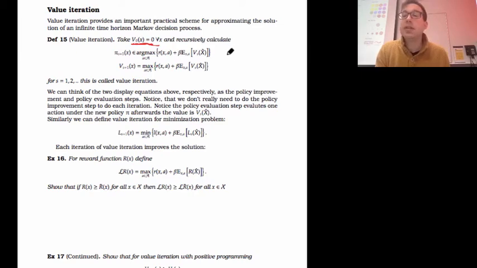So that's my policy improvement step. And then we need to evaluate the policy. We just say that the new value of the policy is the maximum value of the argument that I maximized here. So V_{s+1}, at the next iteration, I just take the value to be the maximum reward plus the value from the last step.